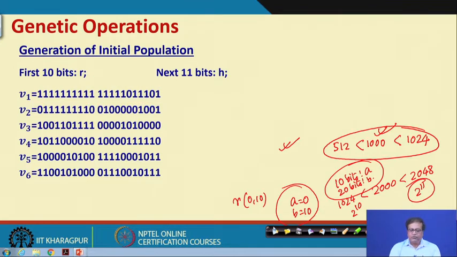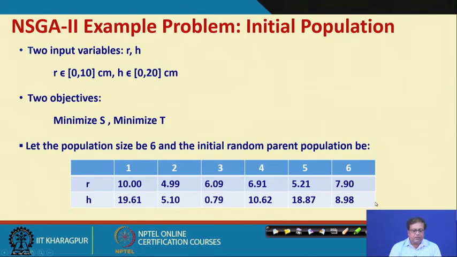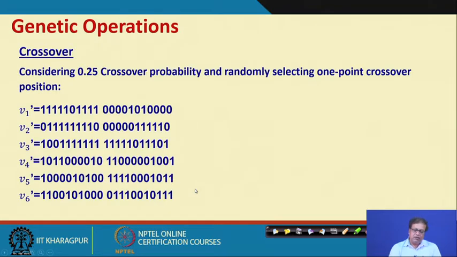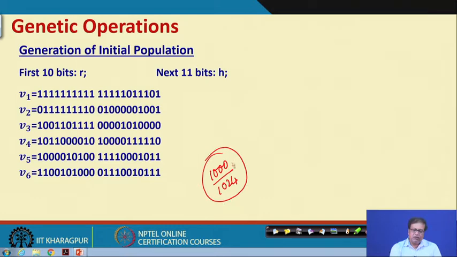If you recall, let us look at the kind of solutions that we had taken. You see, R is exactly 10, so we have to represent exactly 10. So, all bit 1 we take as 10 and not 10.24, all right. Therefore, all other values will be like that. So, that means we are really taking 1000 by 1024 as our accuracy. So, that is our accuracy.